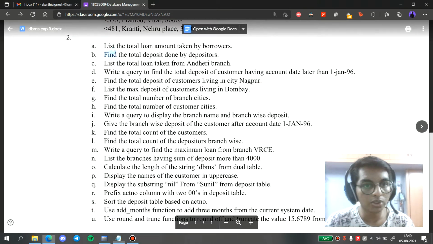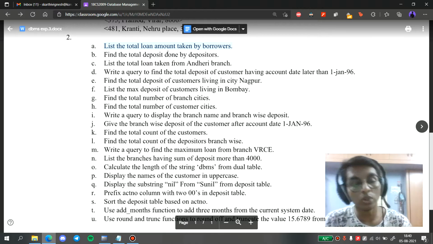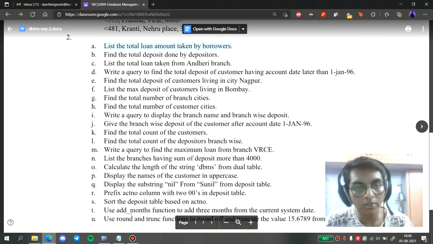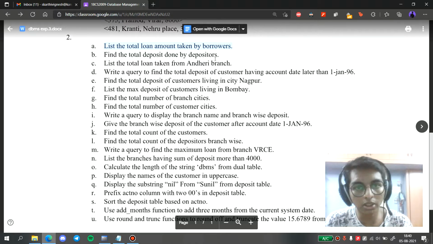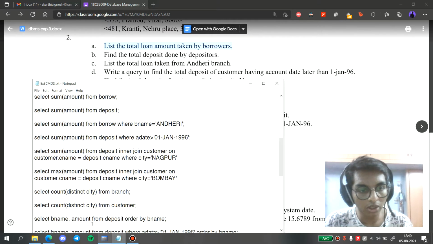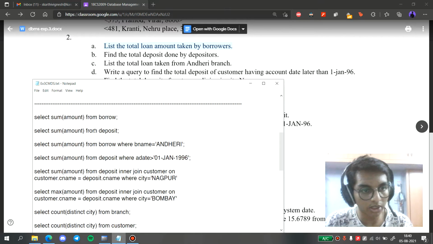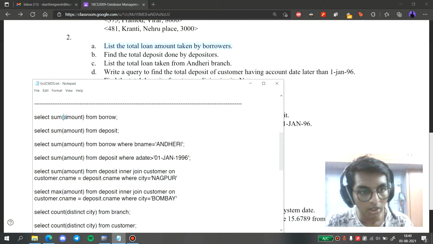So the first one is to list the total loan amount taken by the borrowers. For that we just have to take the sum of the amount in the borrowers table. I'm just going to execute the first command. The first command here is select sum amount from the borrow table. Amount is the column name.